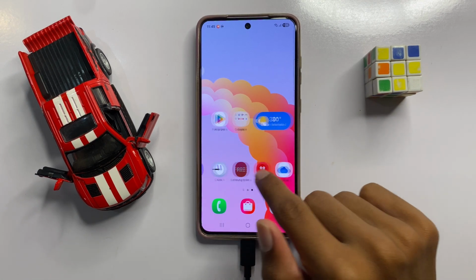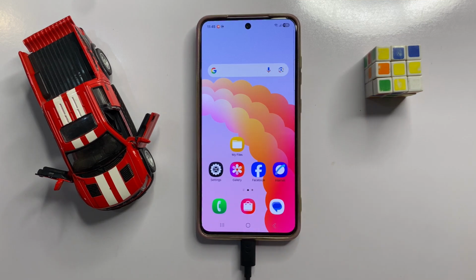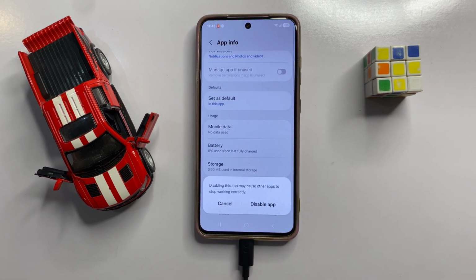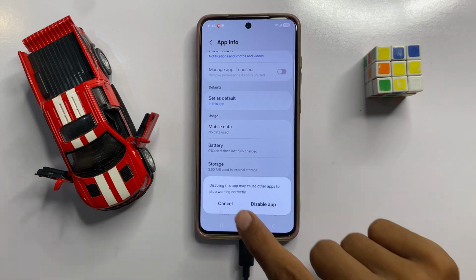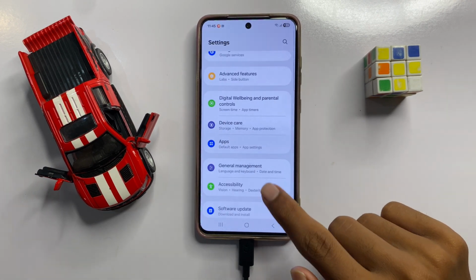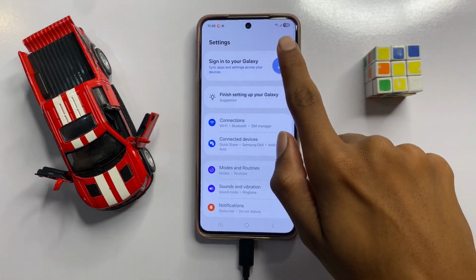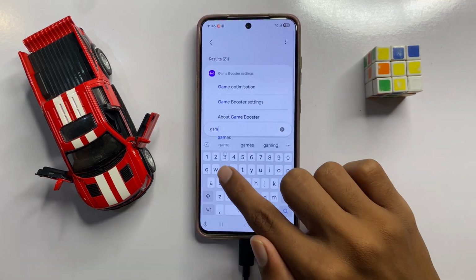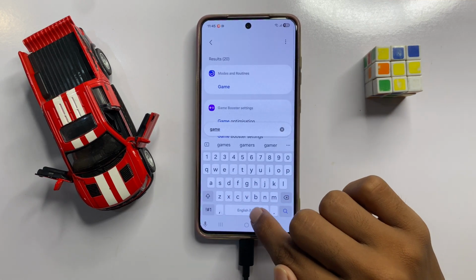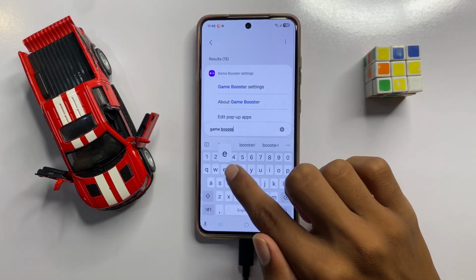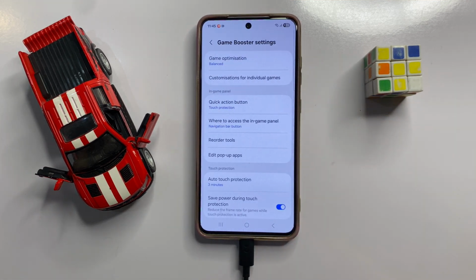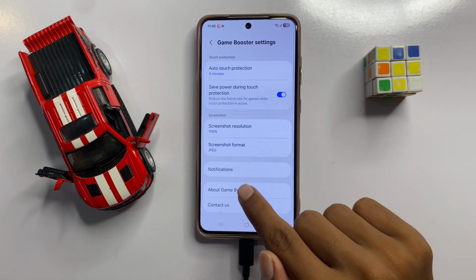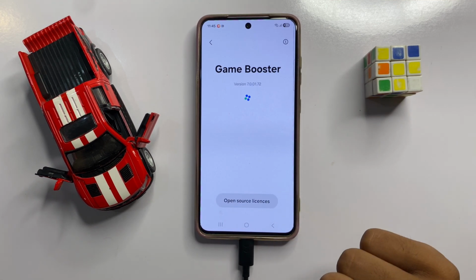First of all, open settings. In settings, go back to the main page and search here Game Booster. Now click on Game Booster settings and then scroll down and click on About Game Booster, and then on